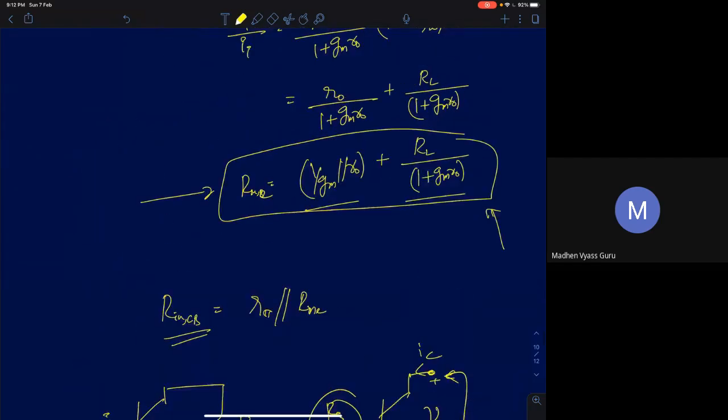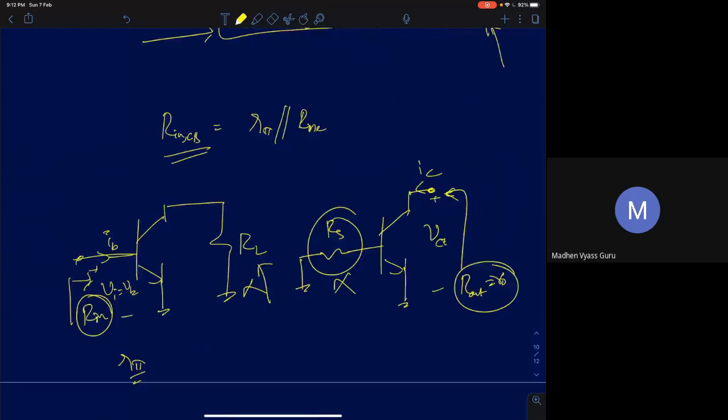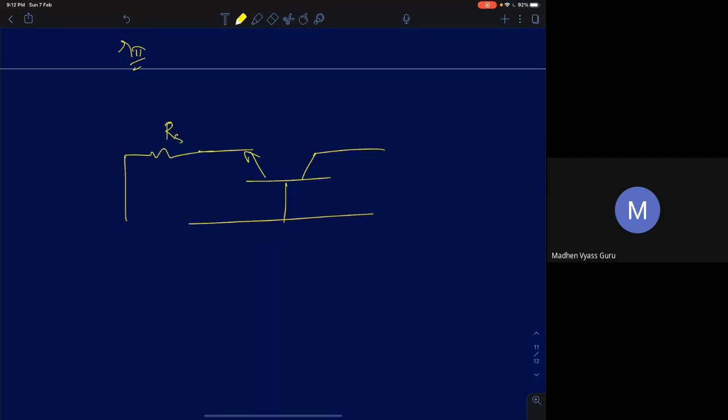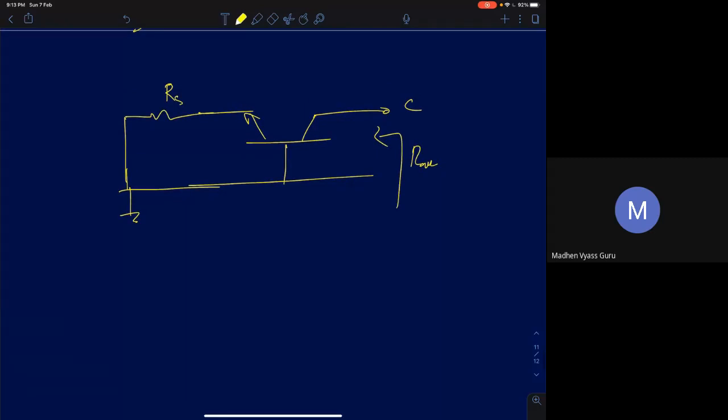So far we just saw the derivation. Your input resistance was some complicated expression in common base, and it has a dependence on RL. Now, let's quickly calculate the output resistance of a common base configuration. You'll have to keep your source resistance as it is, ground the input, and you're looking into the collector. What will be your output resistance R out? You are looking into the collector, the emitter is connected to RS, and the base is at ground.